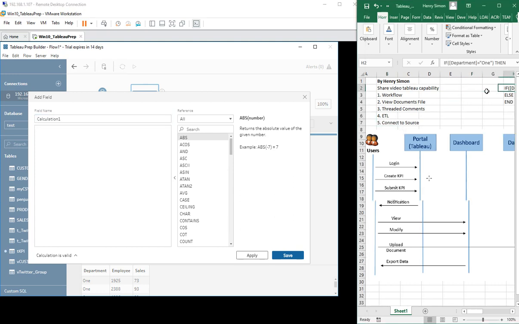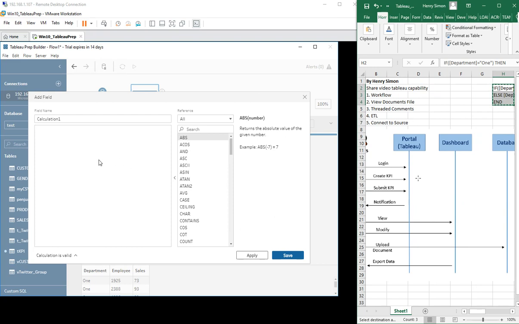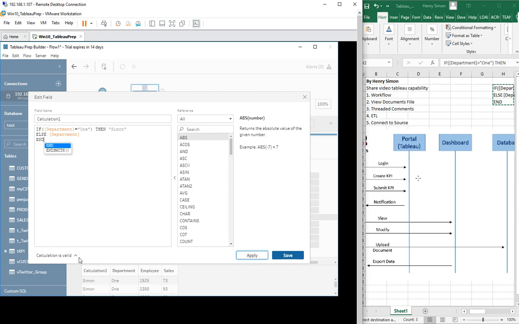I have already created the formula. It's pretty good, it can show the column name. Let's say I want one other column. I also show it. Okay.